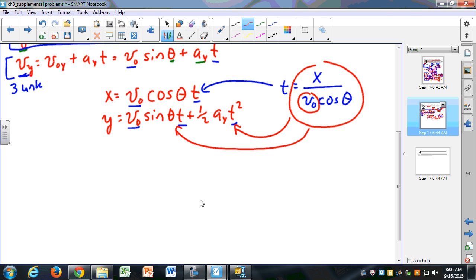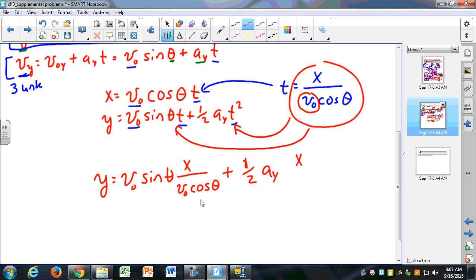When I do that, I get y equals v naught sine theta times x over v naught cosine theta. I just plug that in for t, plus 1 half a_y times x over v naught cosine theta, squared. Listen, if you get to that point, or if you get close to that point on the test, you're